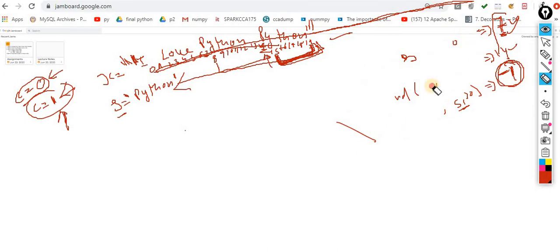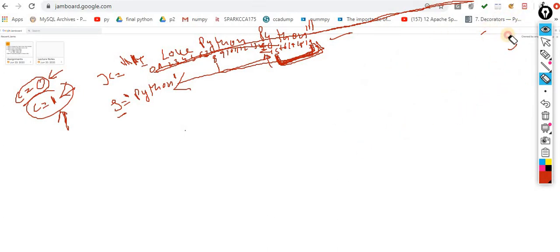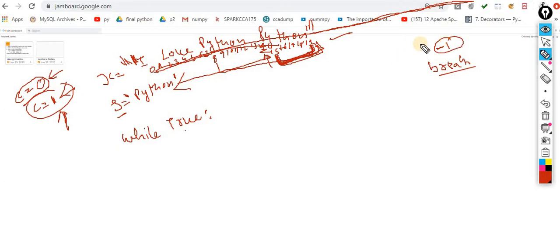So we know the infinite loop. The infinite loop we know is while True. While True is an infinite loop that will never break. When will it break? When you use Control-C or you use break. Okay, so what I want is for it to keep continuing until -1 is not there. When -1 is there, immediately break it.